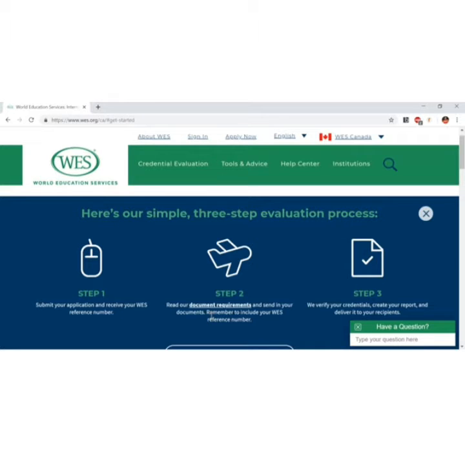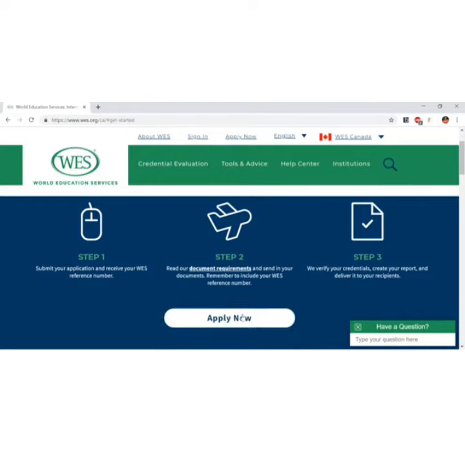You will see which documents you have to send yourself and which ones must be sent through your university. Step two: you send those documents, either yourself or through the university, to Canada. In step three, WES will verify your documents and send you an evaluation report.